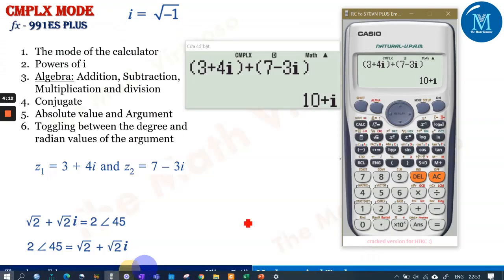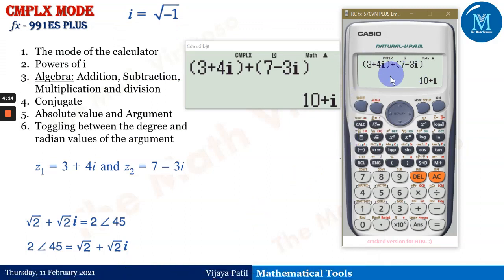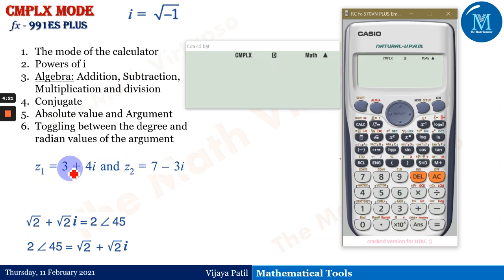So you can just go ahead and get this done. Okay, so this is done with the addition. Now again, suppose I wanted to go back and see the calculations I have done. I have entered the same thing. You know how to enter it now.